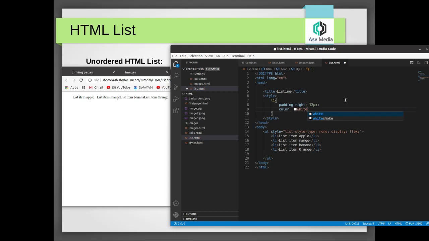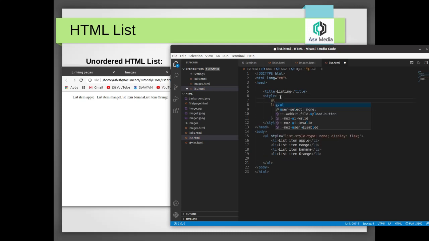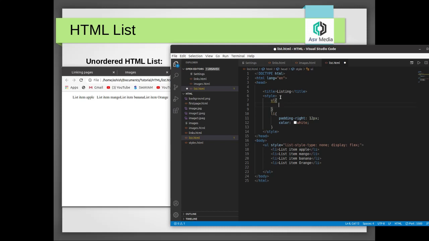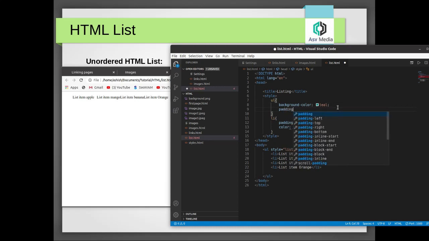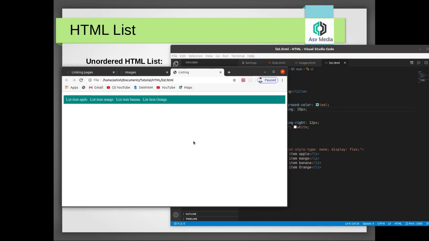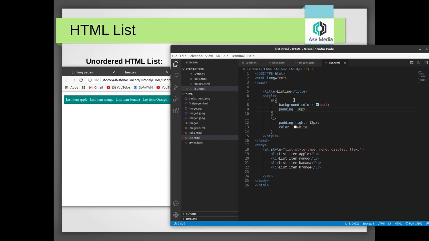and using UL, change UL's background color to teal, then change padding to 10 px, save it, move to the browser and refresh. So you see this portion is the UL portion, so we have changed the background color to teal, and padding we have used from left, right, top, bottom, from all sides 10 pixels. So list item apple, list item mango, then list item banana, orange. So in between every list item we have created padding right of 12 pixels,